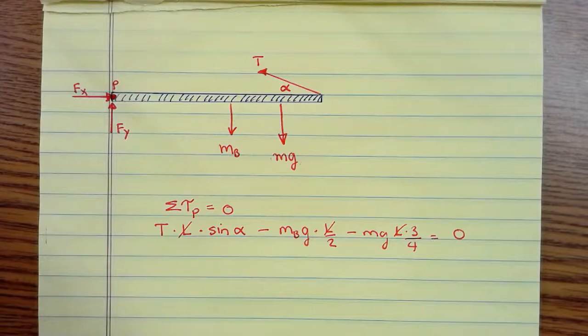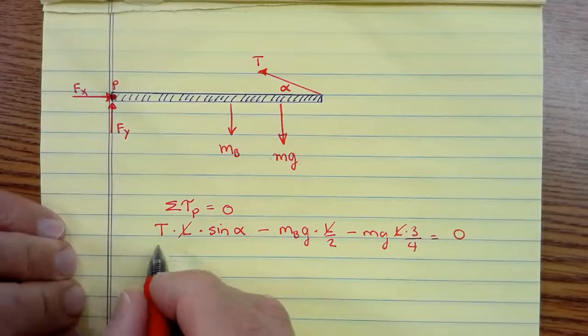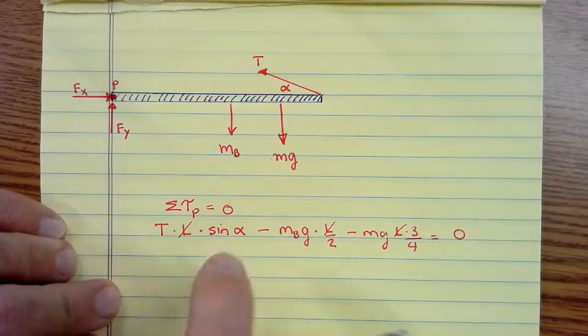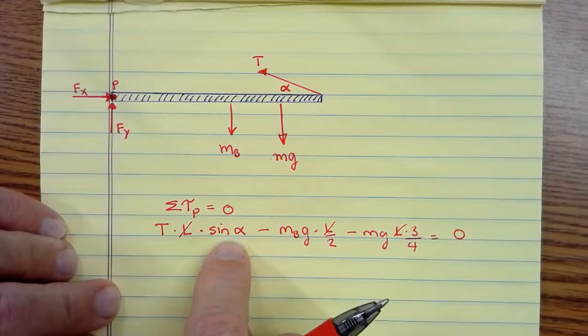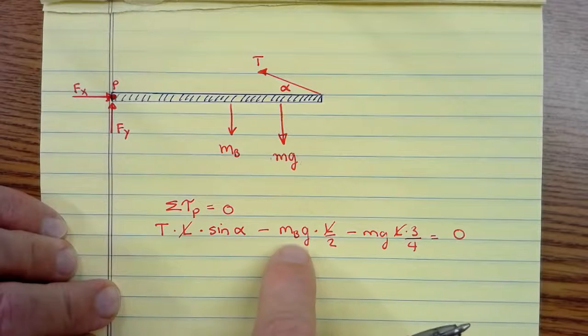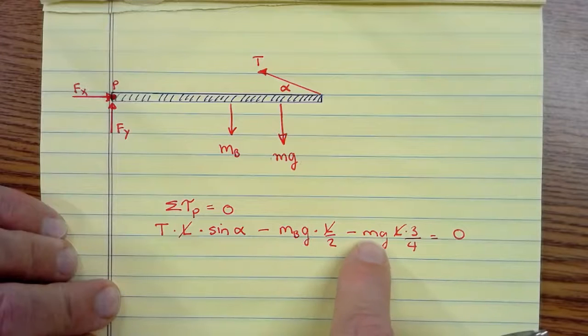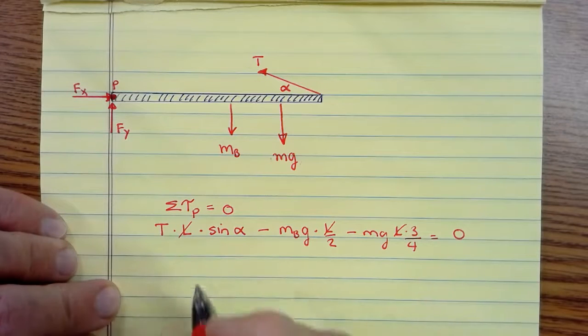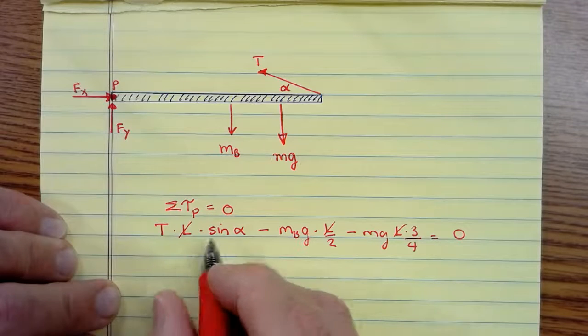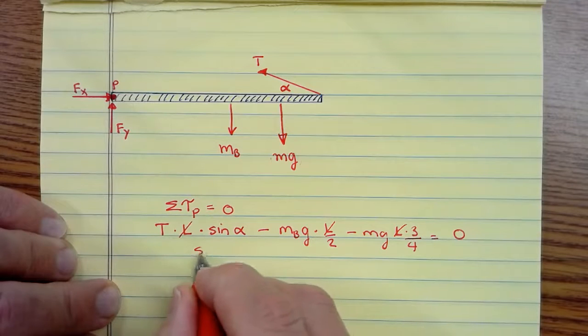Oh, I'm sorry, you're trying to find the tension T. So you're trying to find this tension T. So you can solve this. You know theta, so you can find alpha. You know the mass of the bar. You know the mass of the load. You know g, so you can solve this. So I'm going to leave it from there. So let's assume that you can now solve